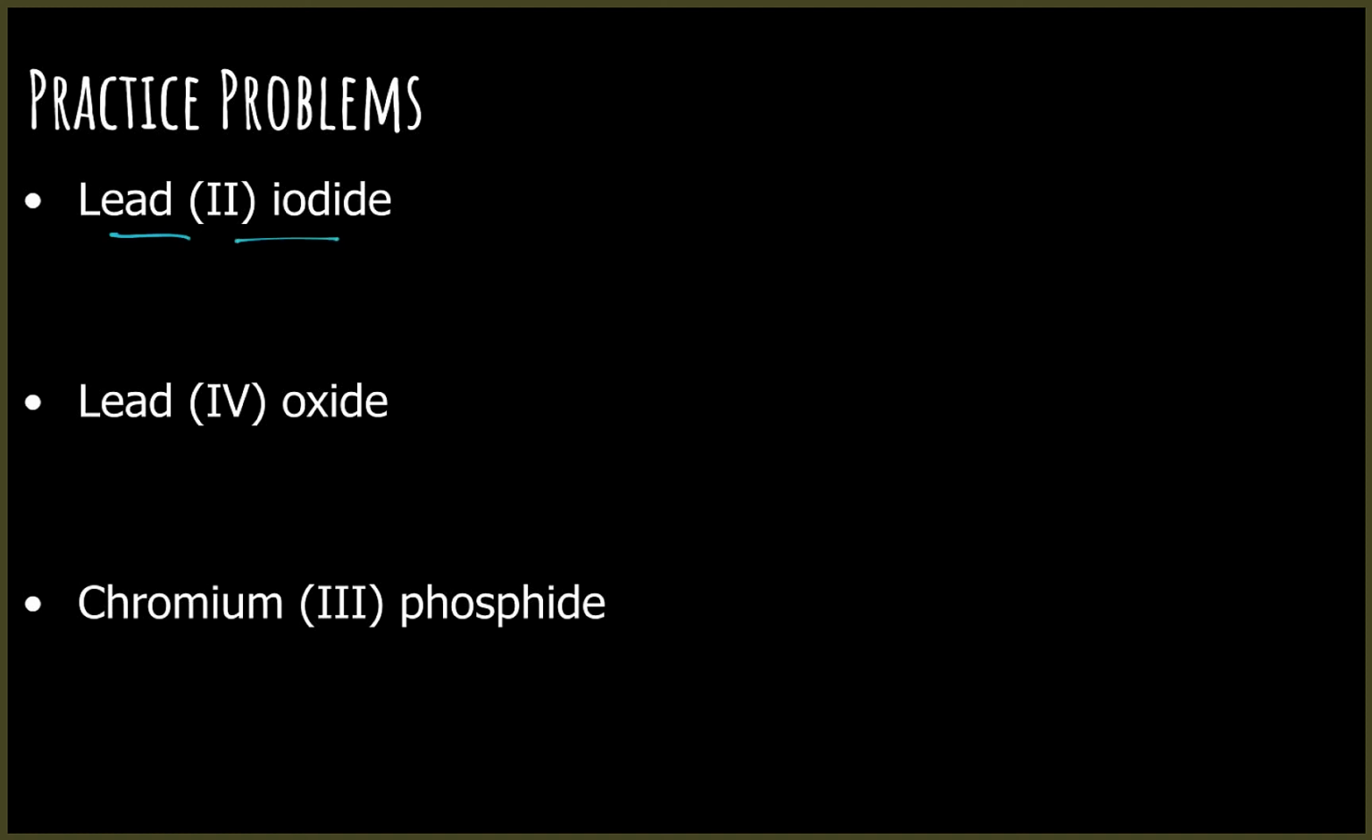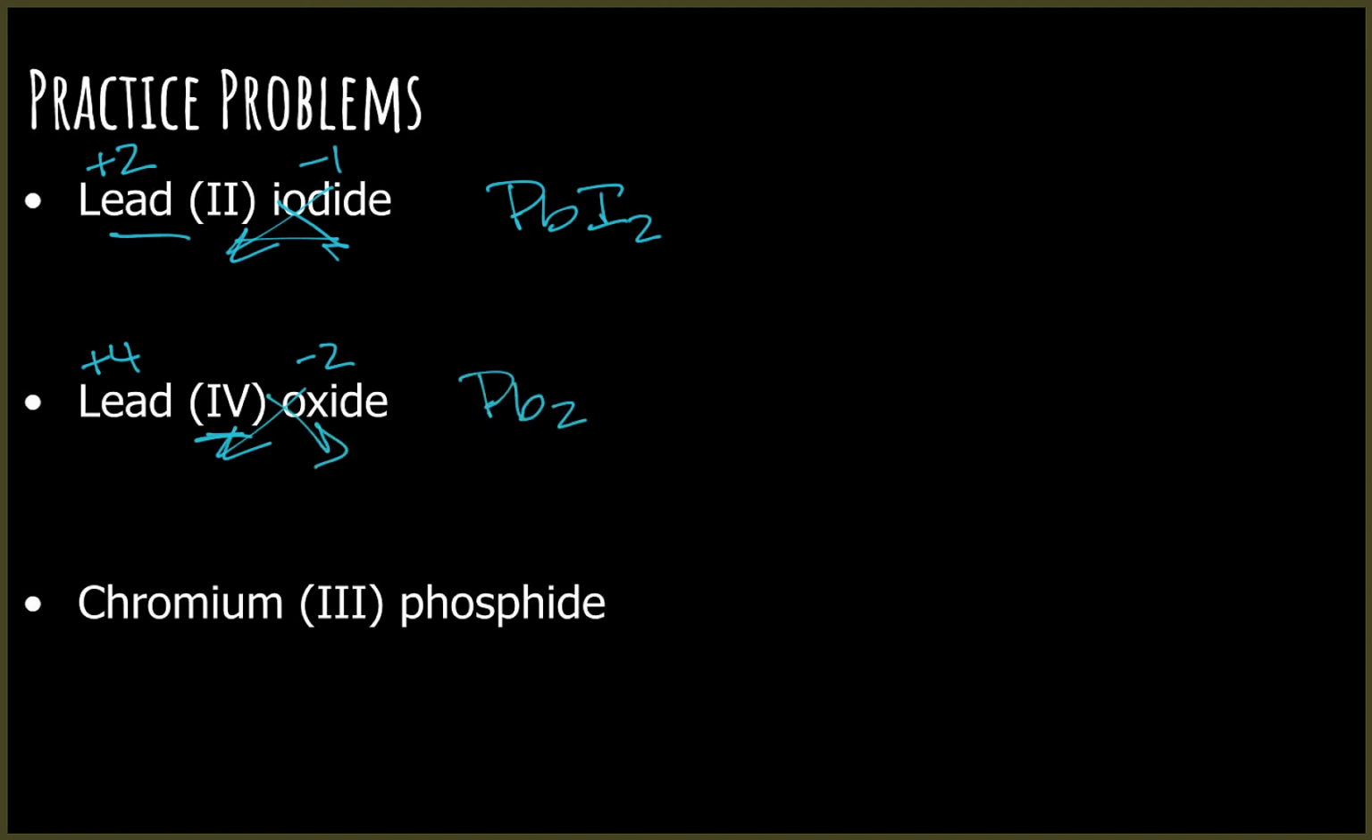So first one, lead is +2, iodine is -1. Crisscross, PbI2. Lead is +4, oxygen is -2. Crisscross, Pb2O4, which I can reduce to PbO2. Last one, chromium 3 phosphide. Chromium's a +3. Phosphide is a -3. Crisscross, they're the same, so they'll cancel. So Cr